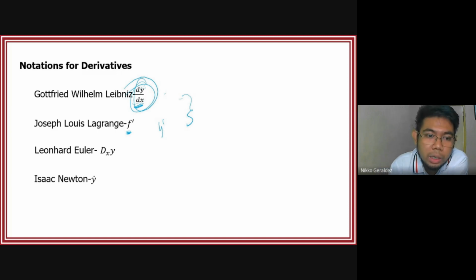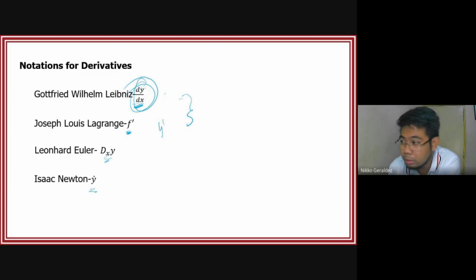The next is Euler's notation. Then Isaac Newton's notation, the dot notation. When it's y dot, one dot, that is the first derivative. We don't use this much, it is used in mechanics, because y dot, or sometimes x dot, is the first derivative, which is equivalent to